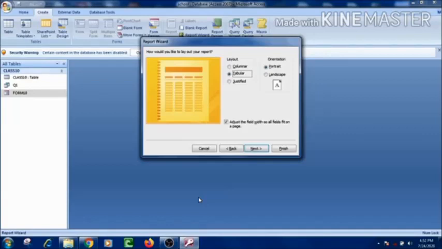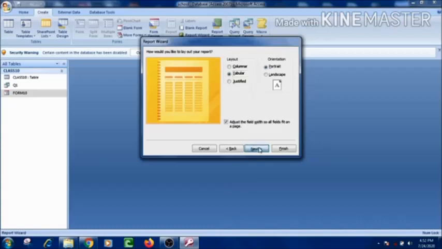By default portrait is selected there, so I am going with the portrait only. After doing this, the tabular layout is there, and I have selected the tabular layout only.